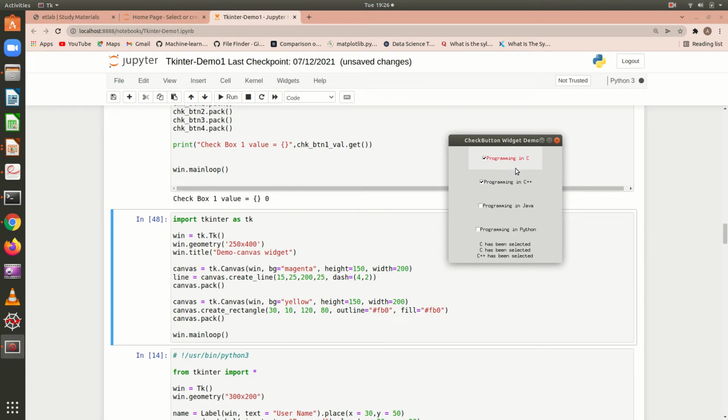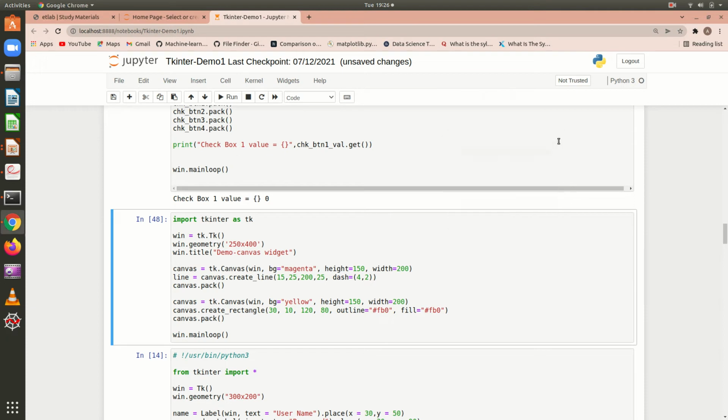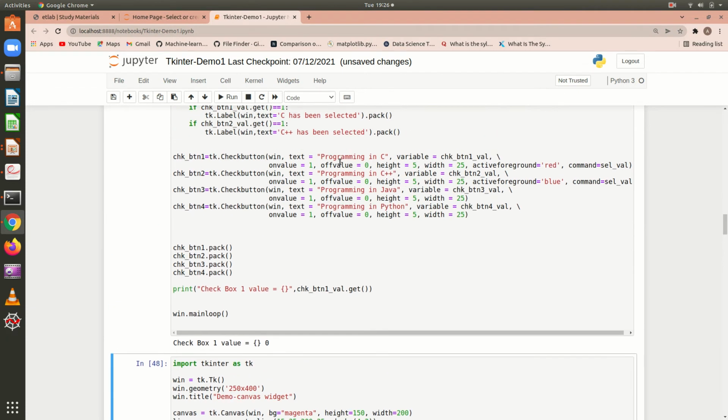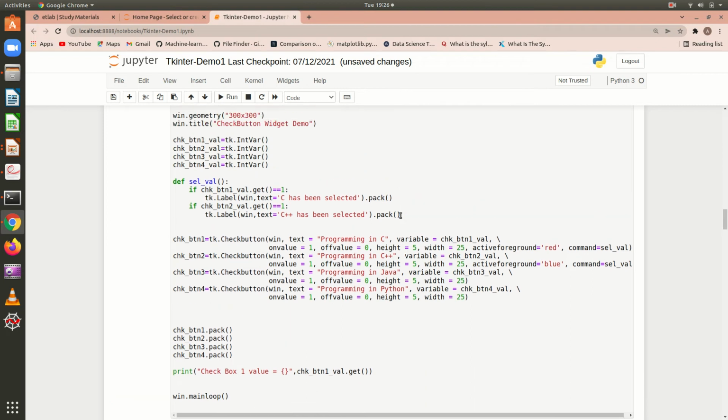Okay, so this is how the checked and unchecked value can be retrieved in the check boxes, and the values are assigned to the variable, and these variables can be retrieved by using the get method, so that you can understand whether it is 0 or 1.